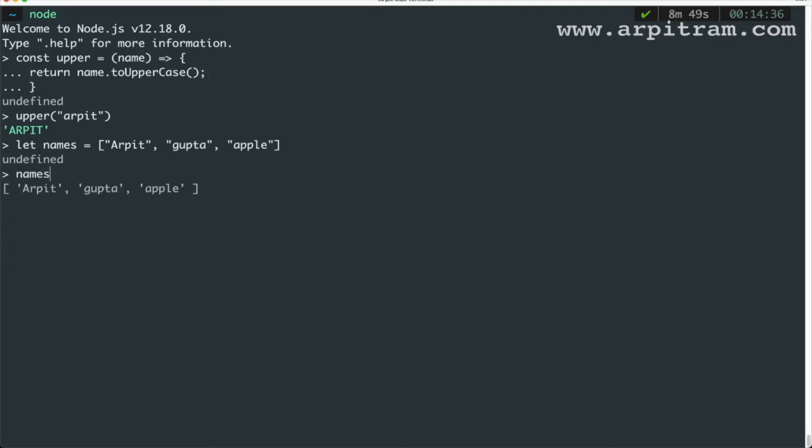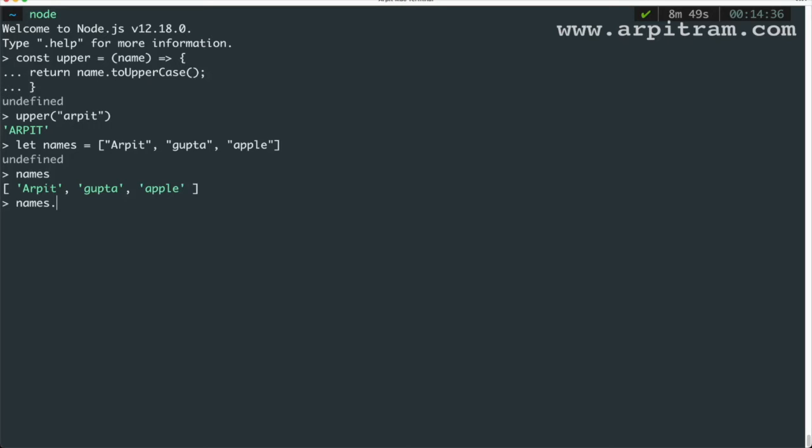Now if I want to iterate these names, see, this not only helps you in trying out the features of a language, but it also gives some suggestions like what you get in an IDE. Whenever I type names, I'm able to get this automatically. Now names dot, if I want to iterate, see, you are getting all the methods here, right? If you try out some other method, see, this find is there. These are higher order functions. We will discuss this in some other video.